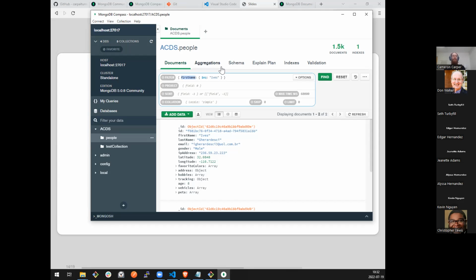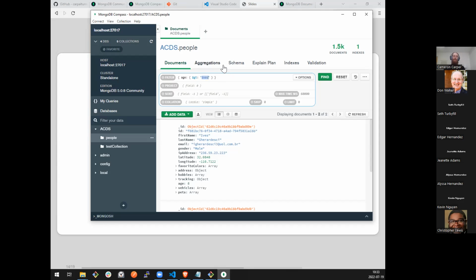So now instead of working on the first name property, I want to compare to the age property. And I said I wanted to query where the age is greater than 30. You can also see that Compass does have built-in autocomplete to help us with our operators, which is pretty nice. Of course, I can't say, is the age number greater than a string?